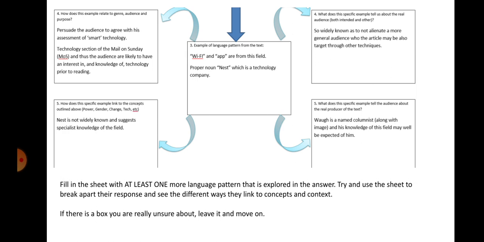I have said here, if there's a box you are really unsure about, leave it and move on. Just bear in mind that some of the boxes will have similar information to them. For example, when the patterns of language use, one at the top, when you're talking about the genre, audience, and purpose, or you're talking about the concepts and theory, depending on what side you're looking at, when you move down to the specific examples, you might have similar kind of ideas about the concepts and theory and the audience. The person who's writing can't necessarily cover all bases at all times. So if you can't think of anything, leave it blank. But if you think you're just repeating yourself, it might be that you have to repeat yourself a little bit at times. It's kind of up to you.